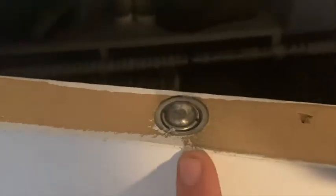Okay, so this is on the one that still works. It presses down like that, and then there's a strike plate that goes right in there, and that's how it works. When the door closes, it just sits in and stays. Versus on this side, because the ball's not there, if you press in, there's no mechanism there. And so what I'm going to do is